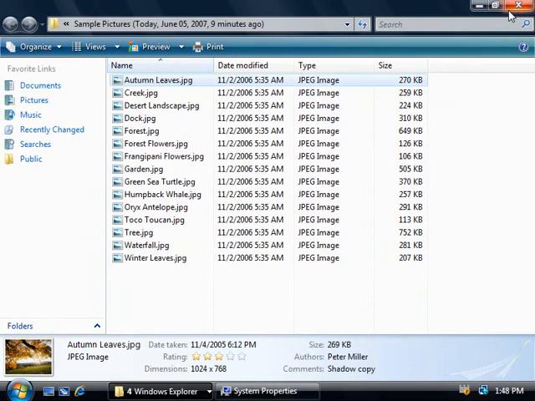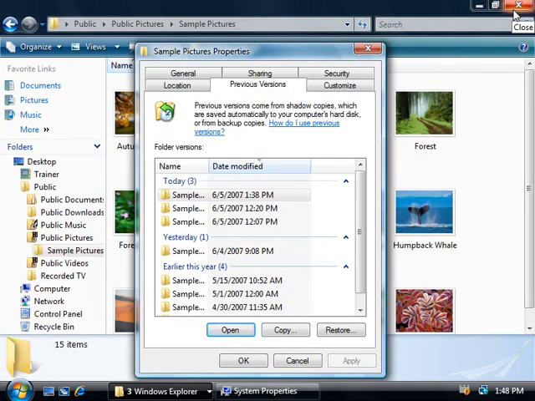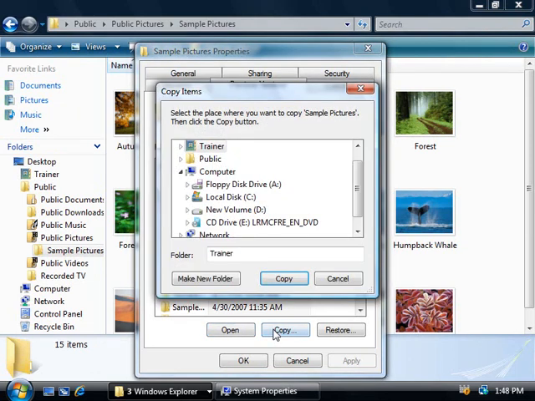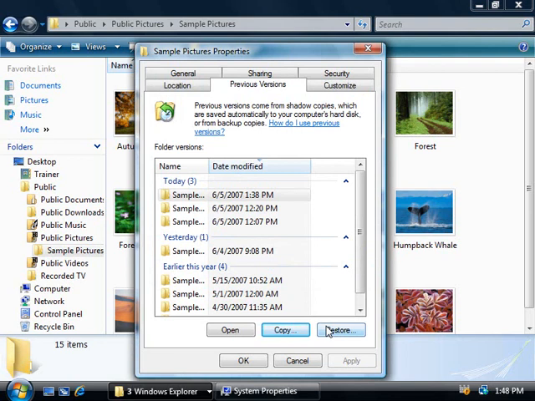Alright, now, in case you missed it, we can also copy the entire folder as well here if we like, and then we can choose to copy that folder to a location of our choice. Now finally we can choose to restore the folder, but this option will only restore the entire folder to its original location, and that's going to automatically overwrite any existing files, so just be aware of that if you do